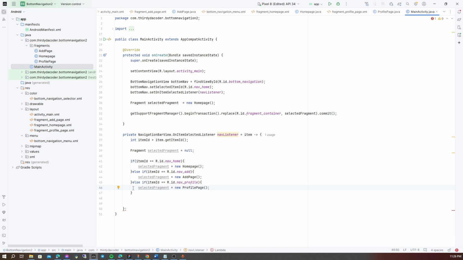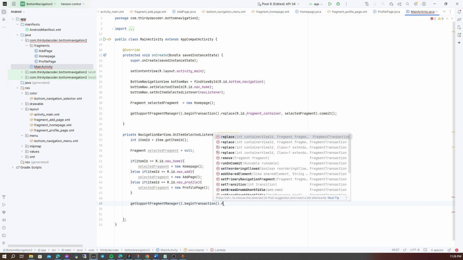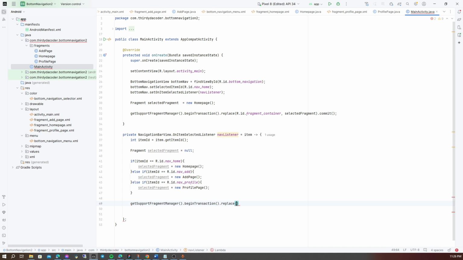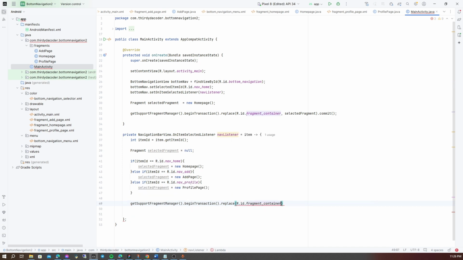So we can copy paste it or we can type it again. getSupportFragmentManager, then beginTransaction, then replace R.id. We can call it again, the fragment container.